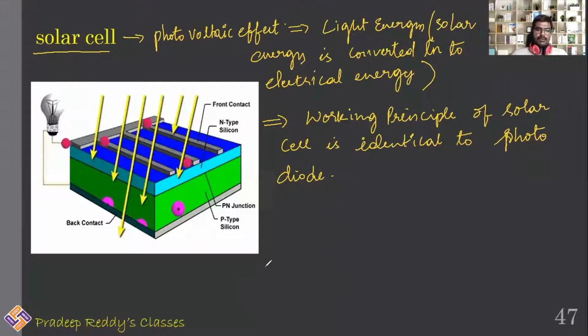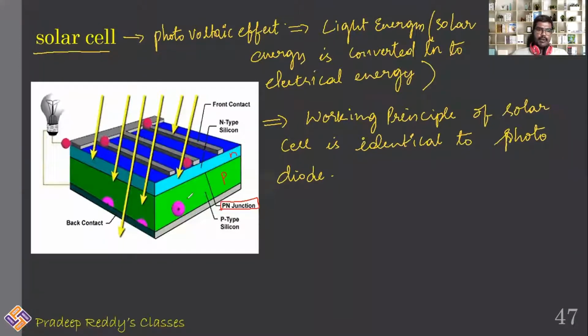Now, in case of a solar cell, this is how the practical operating solar cell looks in the animation. This is the practical solar cell which is provided in this figure. We have a PN junction diode. This is P type and this is N type, and this is the PN junction. The black line indicates the PN junction.